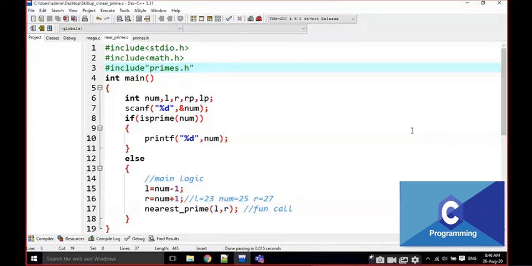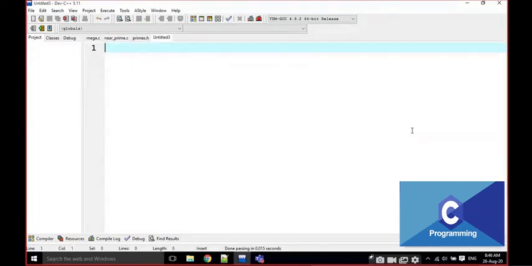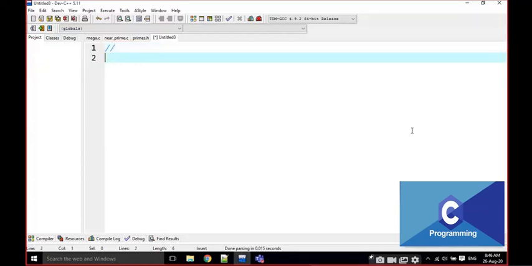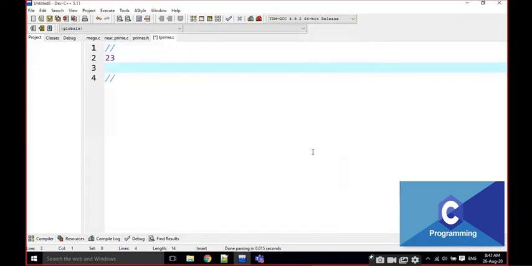Okay, and the next question is twisted prime. What is twisted prime? If it is prime only; if it is not prime, that's it, nothing else. If it is a prime, I am going to reverse the number and check, is this prime?